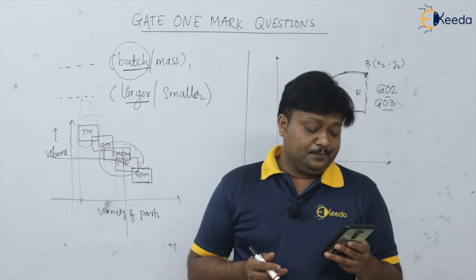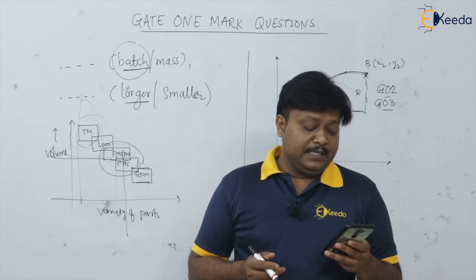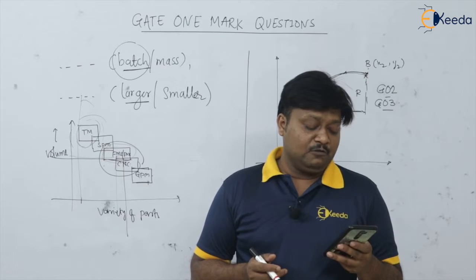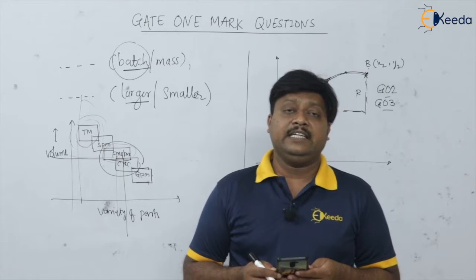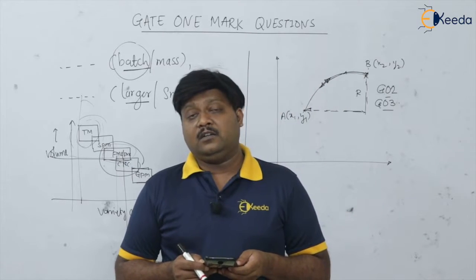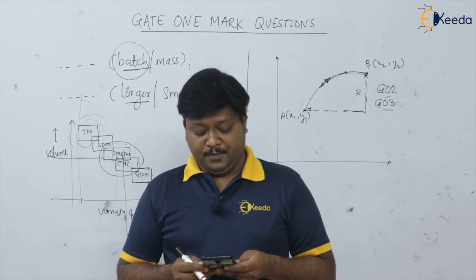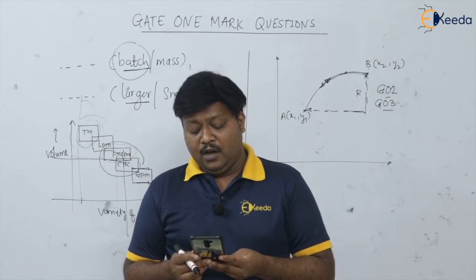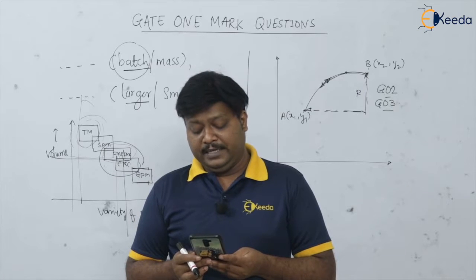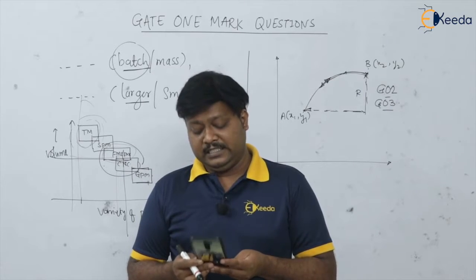Next question. Machining of complex shapes on the CNC machine requires. Whenever we are requiring the complex shape, let us take an example, the contour or continuous control system, we require the simultaneous movement of all the axes. Let us see the options. Option A, simultaneous control of X, Y and Z axis. Yes, this is the correct.